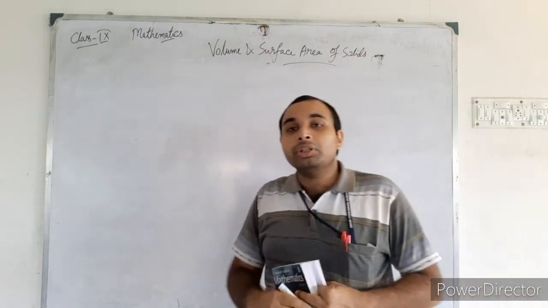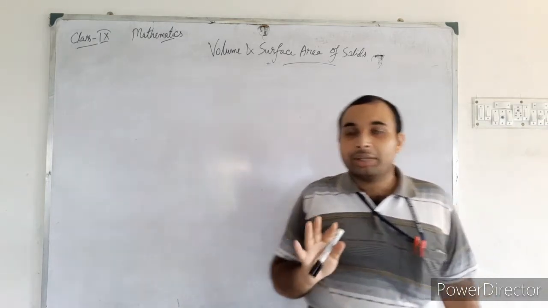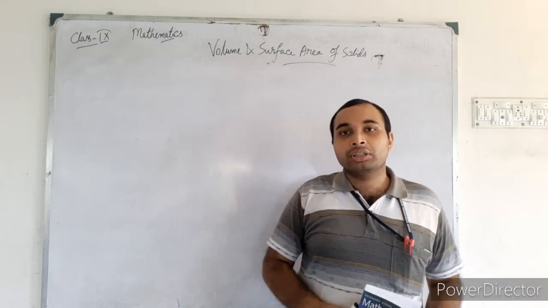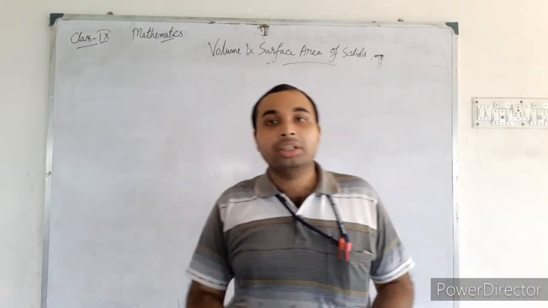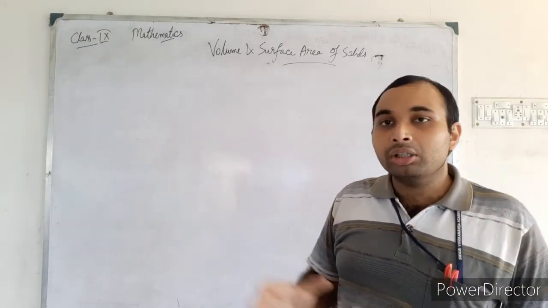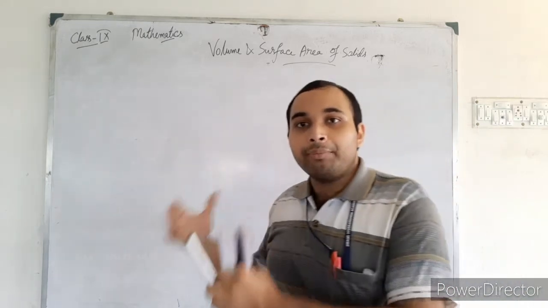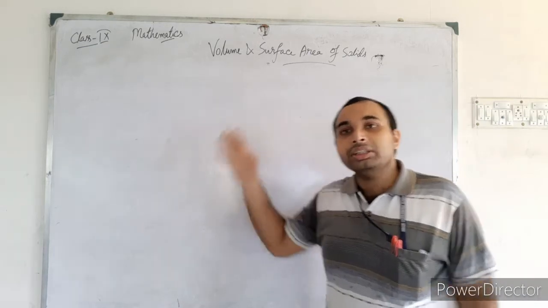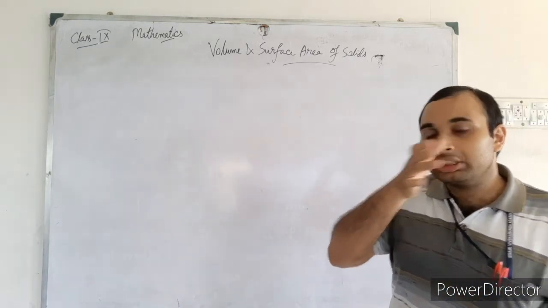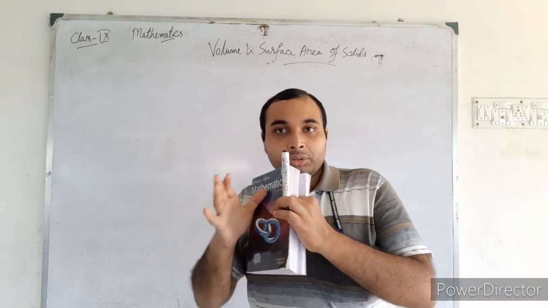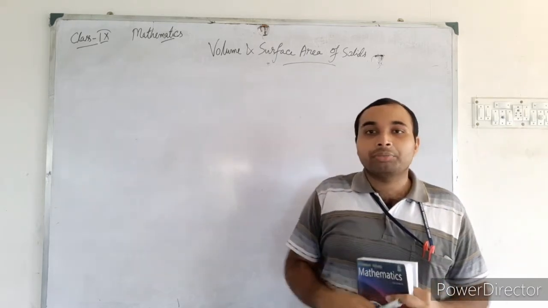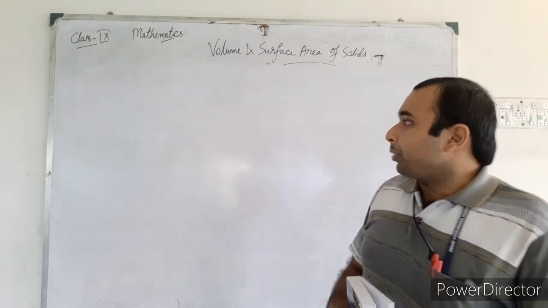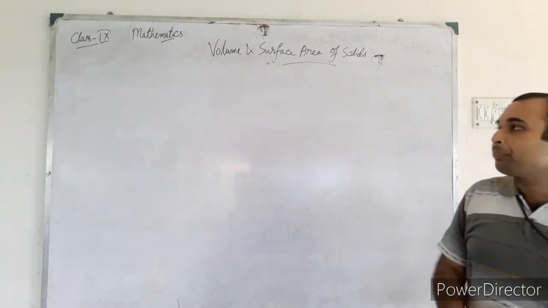Students, this is a purely application based chapter. Here lots of formulae are there, more or less 30 odd formulae. So you have to memorize all those, and after that you have to apply those formulae. I will give you the list of the formulae, and you have to write those formulae on a chart paper and hang it beside your study table. Okay, so those are the formulae now.